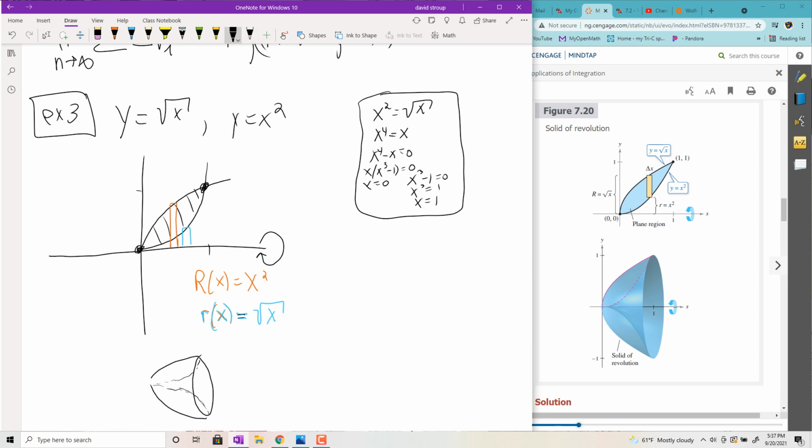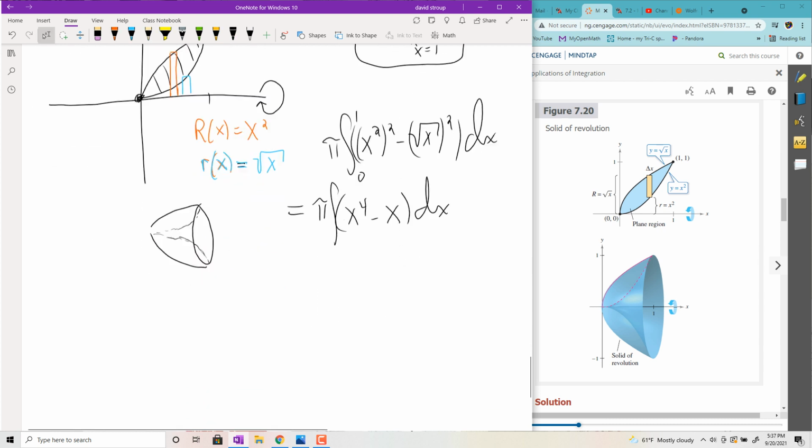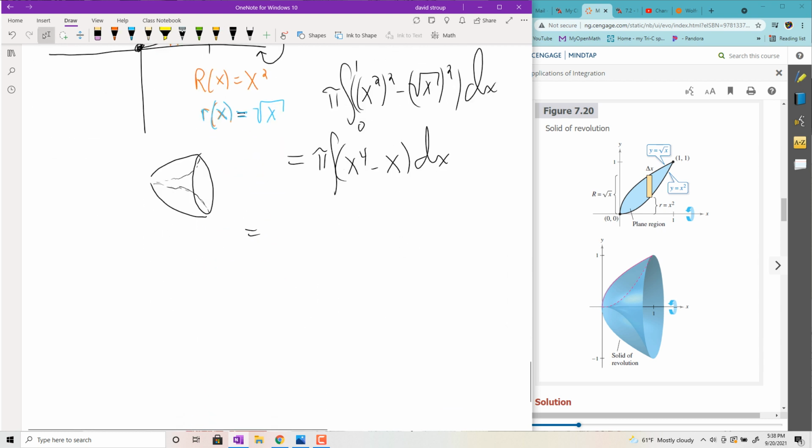Okay, then we're integrating from 0 to 1. We need a pi, 0 to 1, big R of x squared, and then minus little r of x squared dx. So we'll have pi times the integral of x to the 4th minus x dx, and then power rule, get the antiderivative. So pi times x to the 5th over 5 minus x squared over 2, from 0 to 1, and then we're going 1/5 minus 1/2. Okay, so that would be